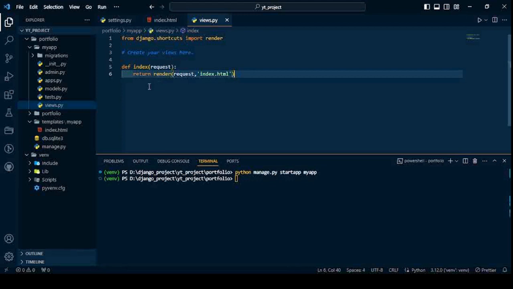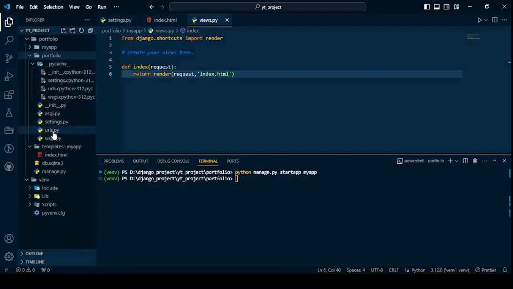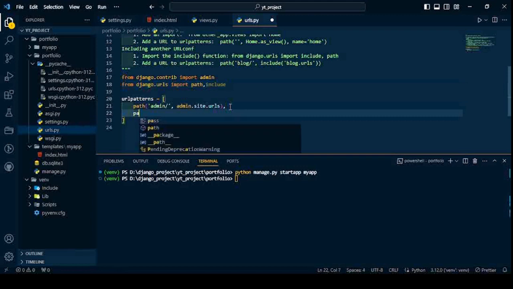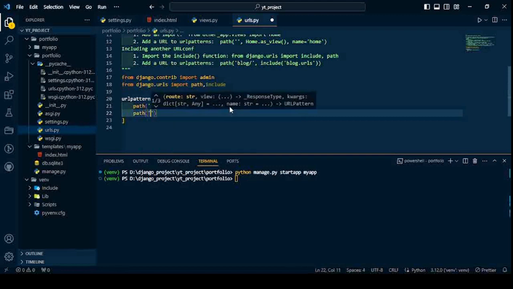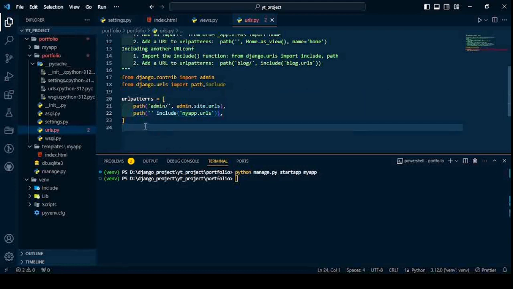So once the function has been written, now we need to write the URL pattern for this function. We need to go inside the project first, open the urls.py. Here we need to add the application first. So I am going to write one function here, which will include our application. I am going to add the path. I want to include my app.urls. And just copy this content